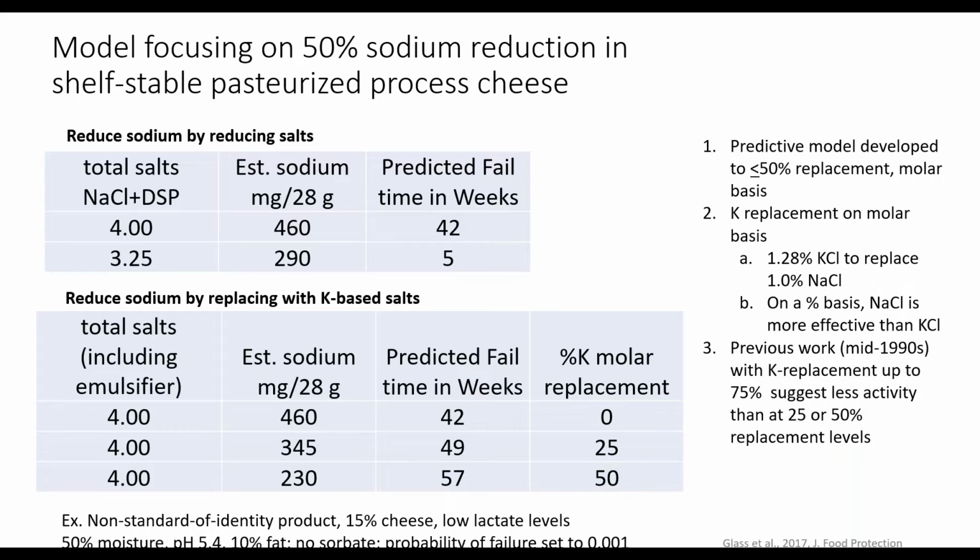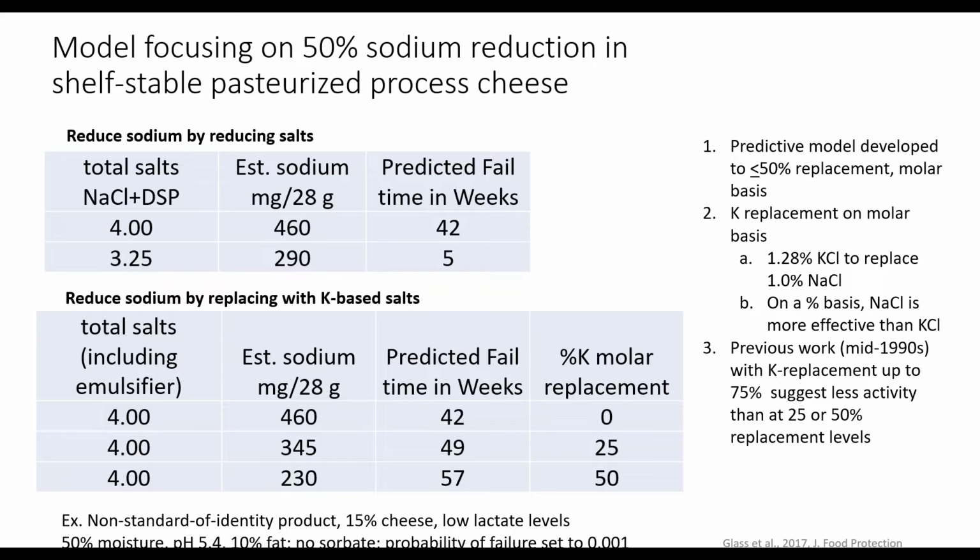So to address alternatives to sodium reduction, we studied the effect of replacing sodium salts with potassium salts on the ability of Clostridium botulinum to grow and produce toxin during normal storage. This study had 80 formulations with varying levels of moisture, pH, salt, fat, and sorbic acid levels that were prepared by substituting up to 50% of the sodium-based salts with potassium salts on a molar basis. Products were inoculated with Clostridium botulinum spores, cooked and hot filled, and then tested periodically for botulinum toxin production. Data was then used to develop a predictive model for reduced sodium, low cheese solid products.